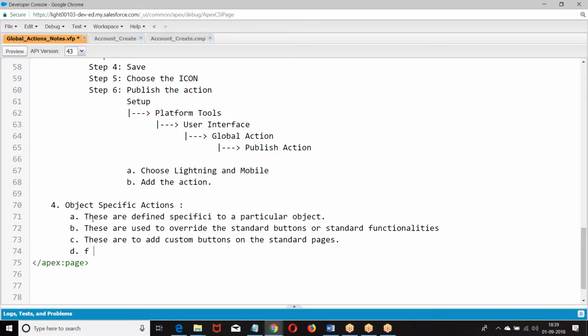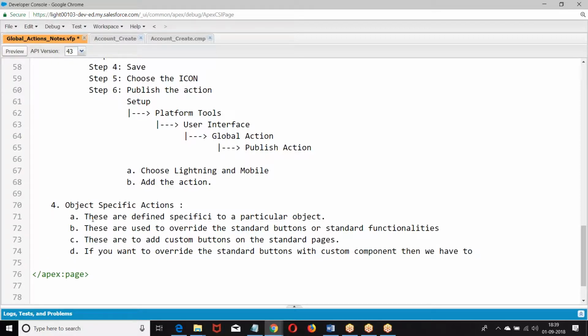Next, if you want to override standard buttons with a custom component, then the component has to implement an interface.